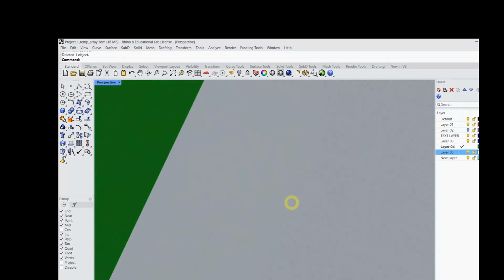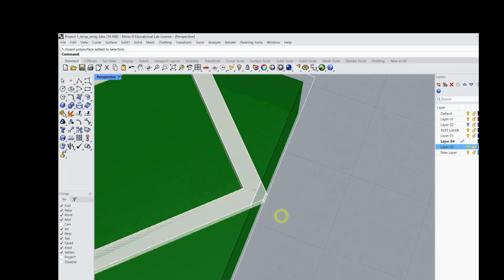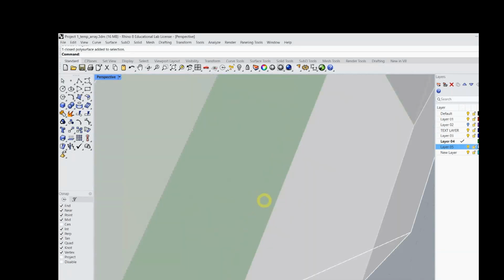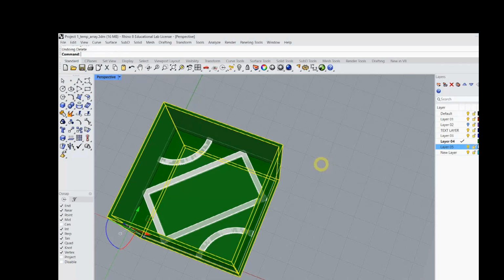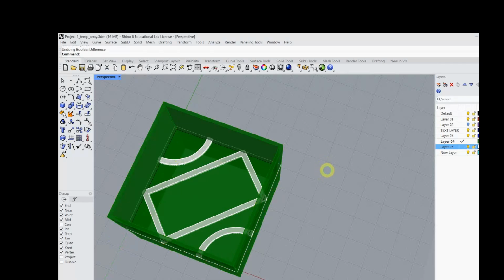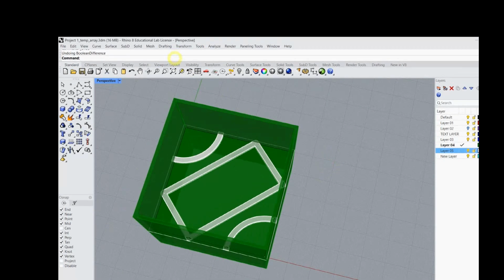If I delete this, you can see I now have the original poly surface and that poly surface with the edges cut off on top of each other. So I'm just going to undo this for a moment just to show you that when I do this Boolean difference again,